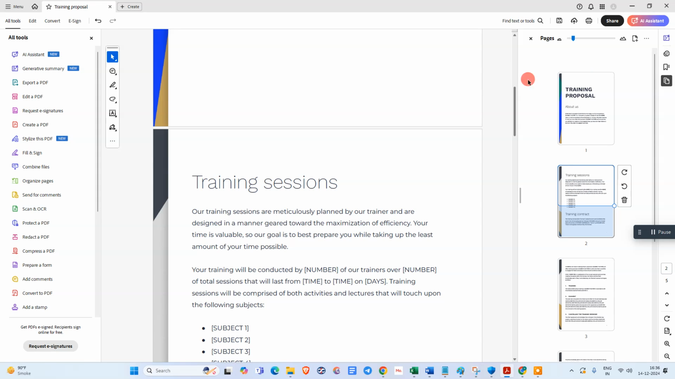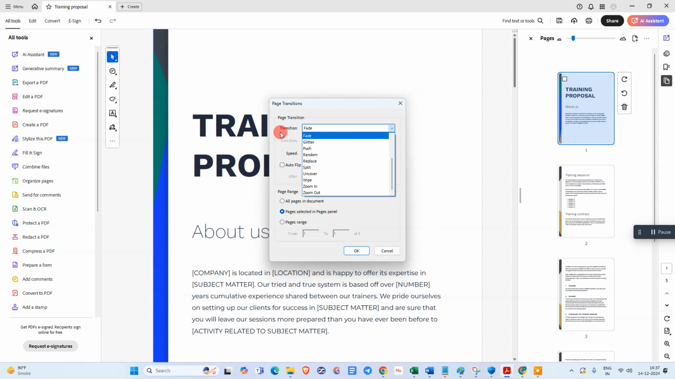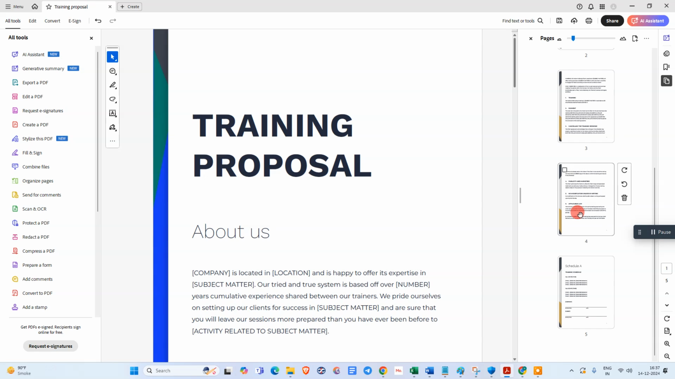give the effects for presentation. Just click any slide, right click on it, go to the page transitions, and here you can select the transitions like slide, flip, random, zoom in, zoom out, wipe. Okay, you can select one by one. You can select transitions for one page at a time, or you can apply to all pages at once. Okay, after that you need to click on